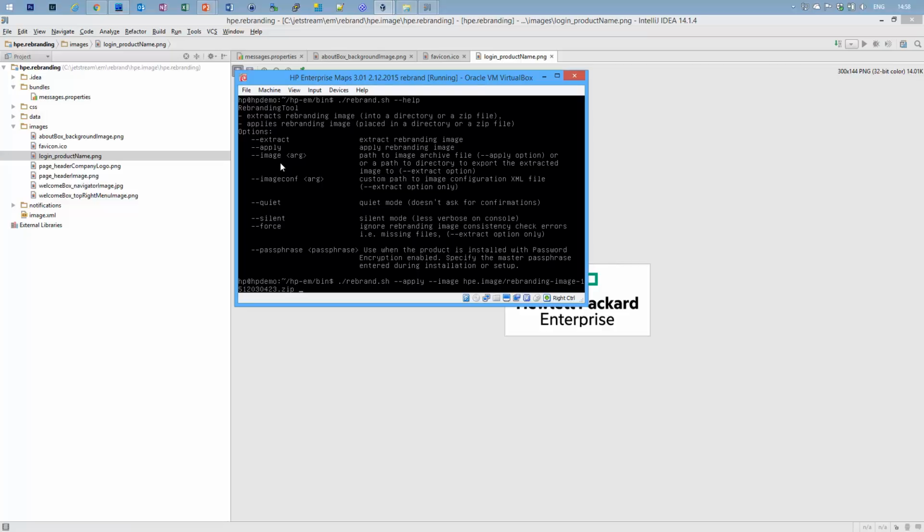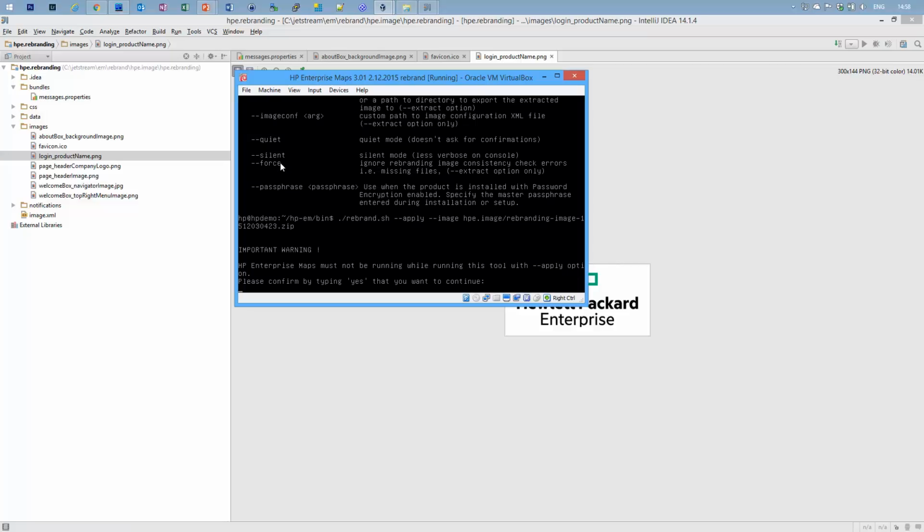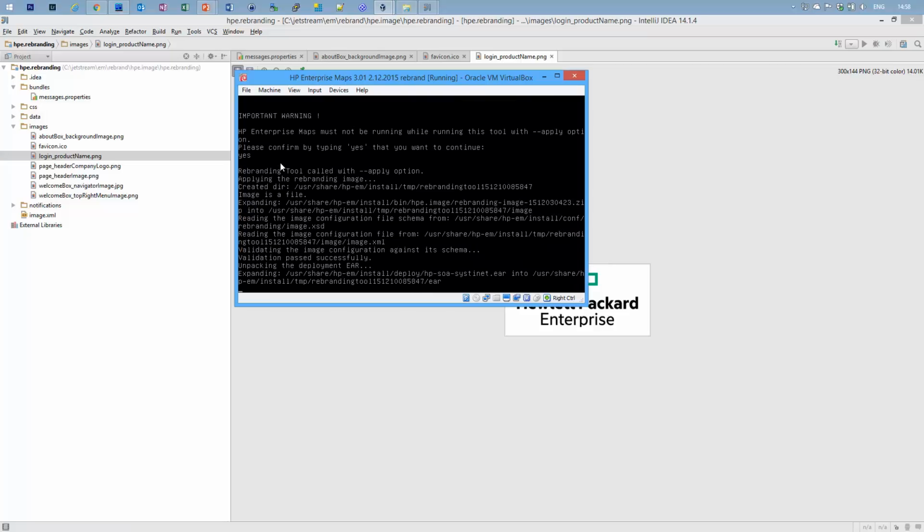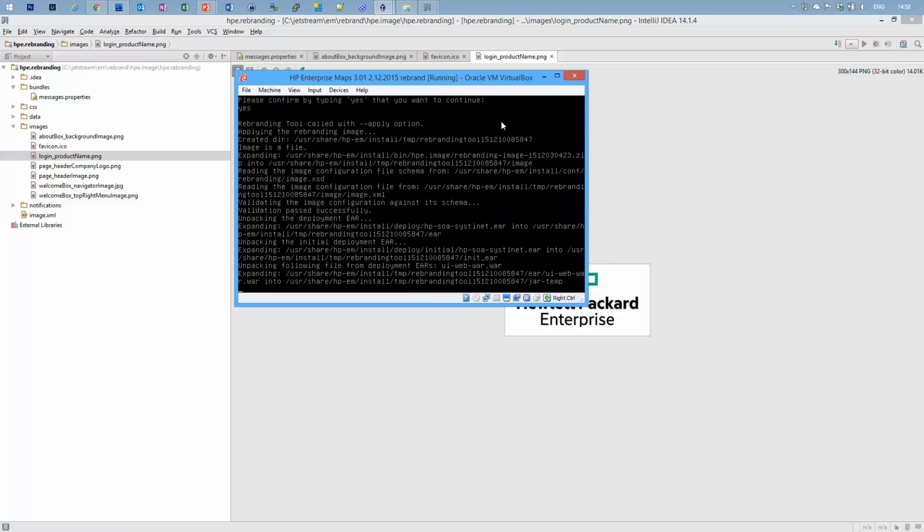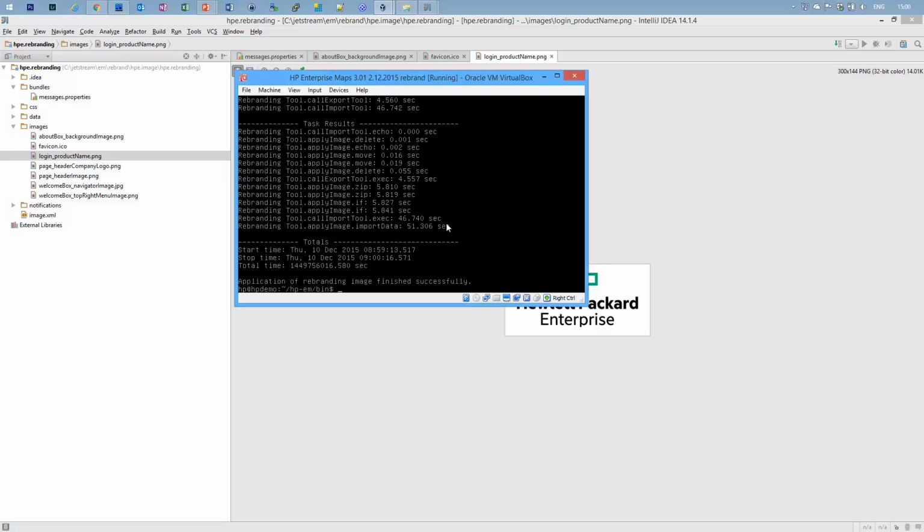So let me run it. Now it's asking whether I'm really sure what I'm doing, and I have to confirm it. Okay, great. Once the application of the image is finished, which takes like 2 minutes in my case,